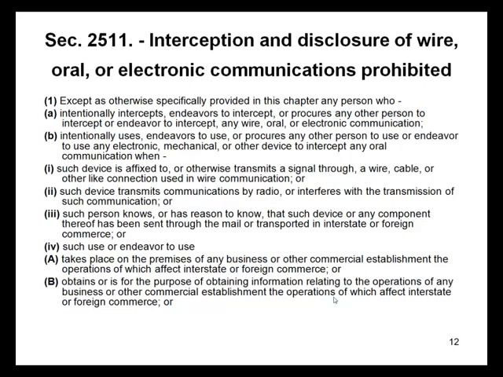2511 is the guts of this, and is often known as the wiretap statute. And it talks about the interception, disclosure of wire, oral, or electronic communications, and again, those three terms of art that we talked about earlier. And basically, it says you can't access somebody's oral, wire, or electronic communications except by exception. And it outlines those in there, but I'm not going to go into them in great detail, but essentially wiretapping is illegal in the federal system unless you are one of those exceptions.